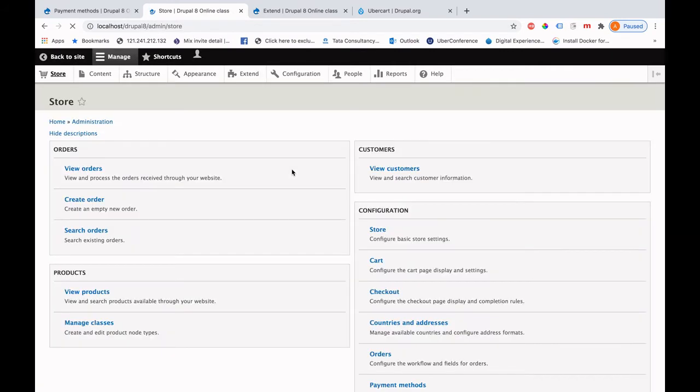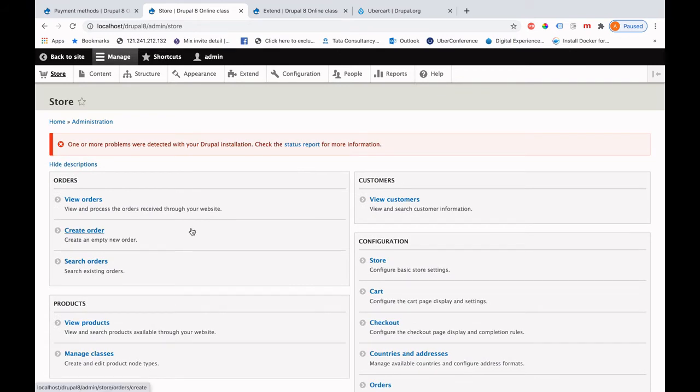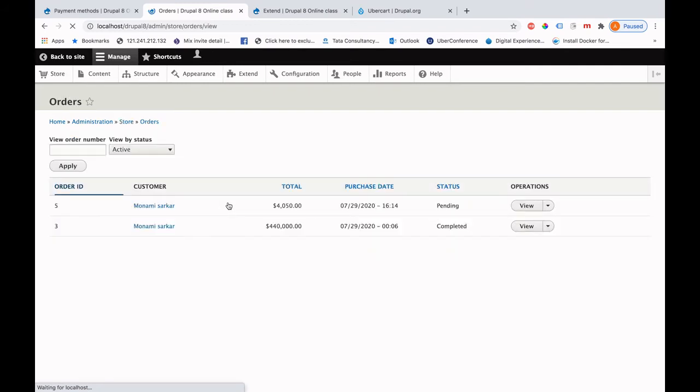So it's taking some time. So now the first option on the left hand side, you can see the view orders. If you click onto the view orders, you can see the list of orders. Just right now I have given an order. So if you click on the view,